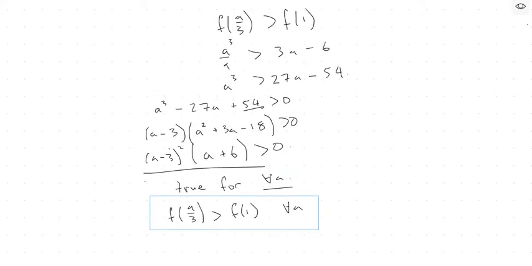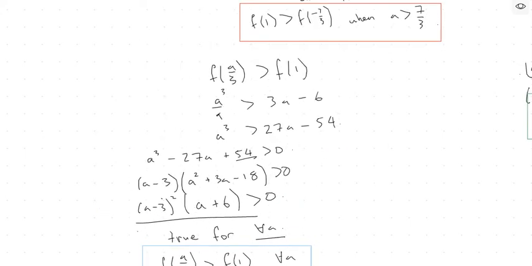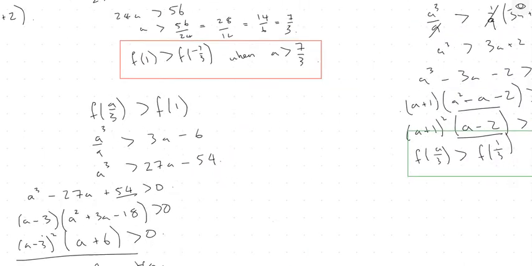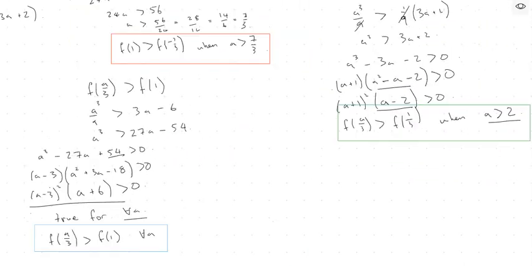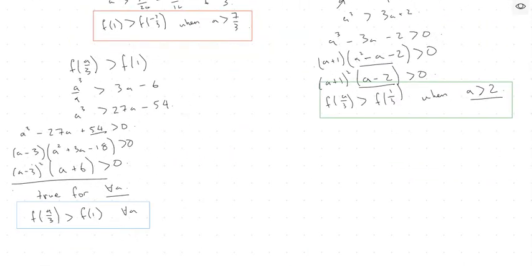Okay, and now we can zoom out and we can see our 3 conditions here. Now what we need to do is figure out what m of a is now, right? We can say that m of a is equal to, what are our cutoff points? When a is less than